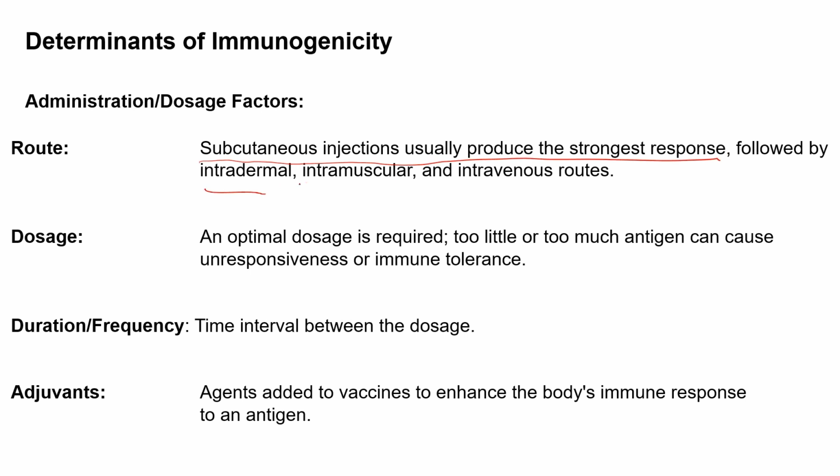Followed by intradermal, intramuscular and intravenous, because these are very sustained. So once the antigens are deposited into the subcutaneous layer, we call it subcut, the antigens may stay there for a longer duration of time. Once the antigen stays longer in the subcutaneous layer, the immune cells recognize this antigen very efficiently, and therefore you see a very high immune response